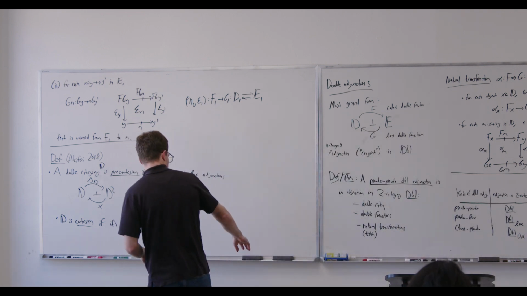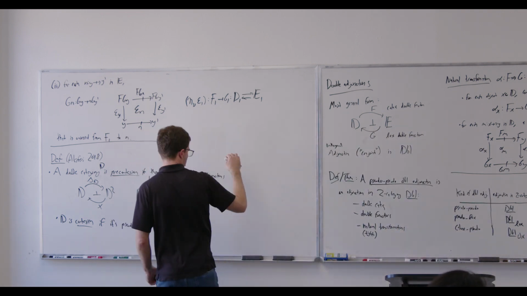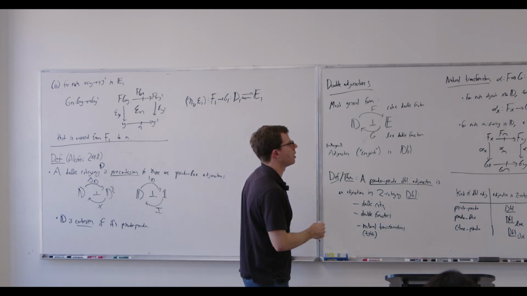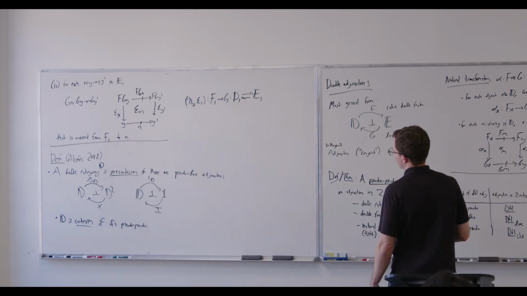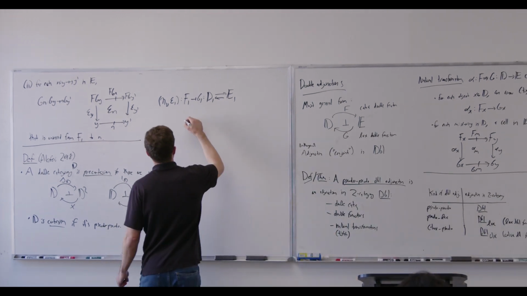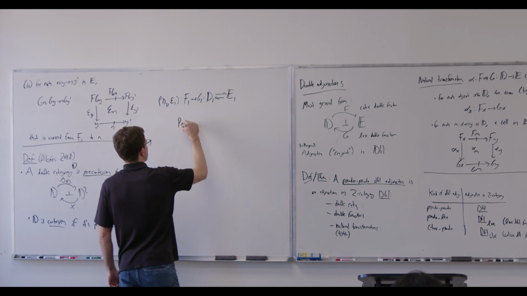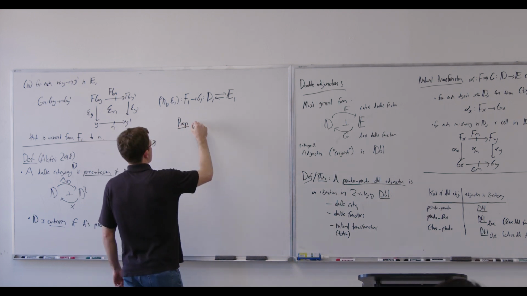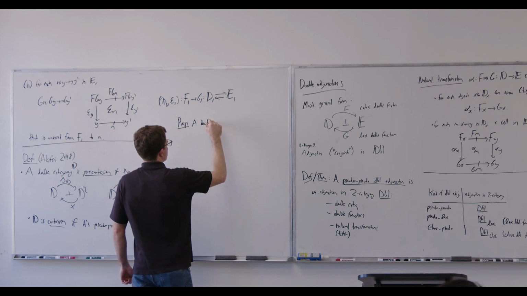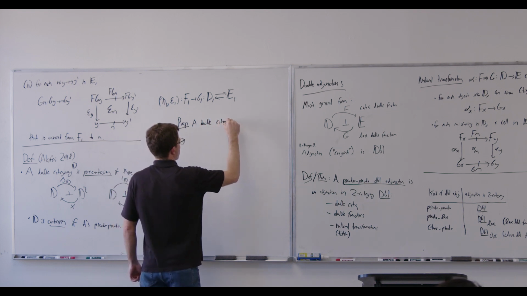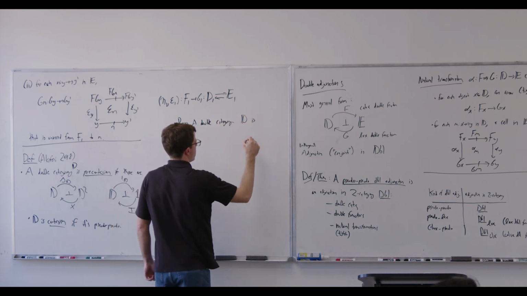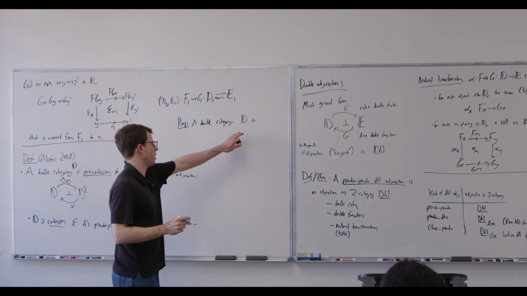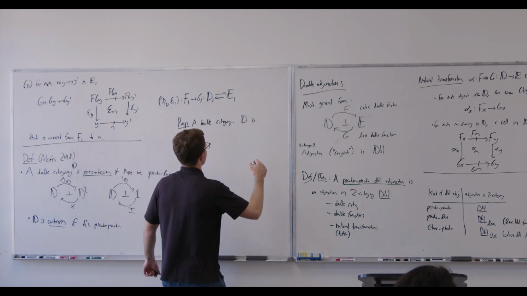Okay, so why don't I just say, based on this proposition here, which we're just taking for granted, we can deduce that a double category D, and then Sophie will use this to see how to construct products in Span, is